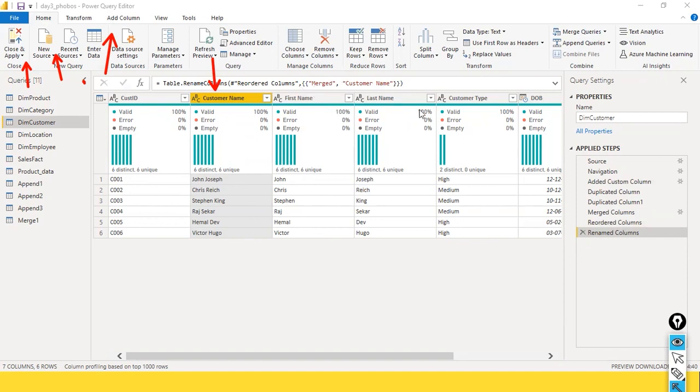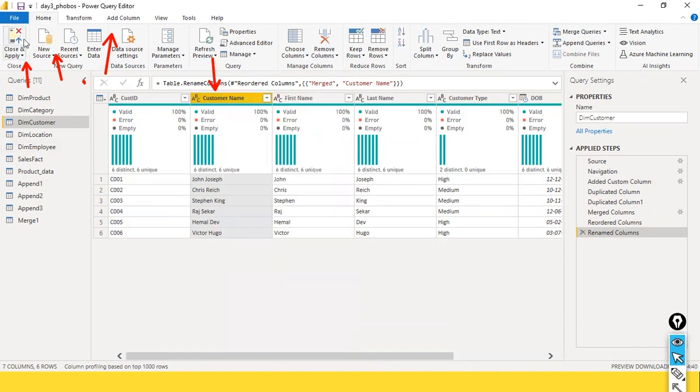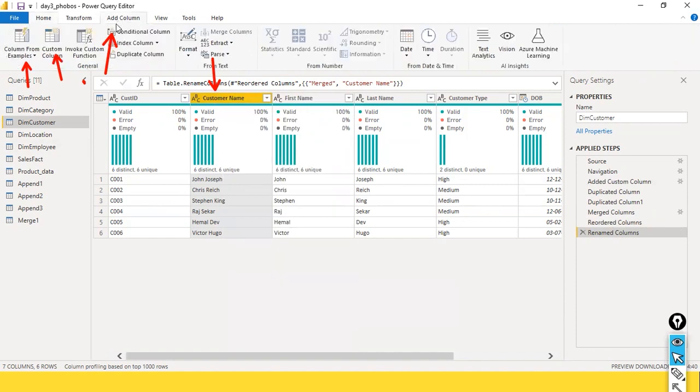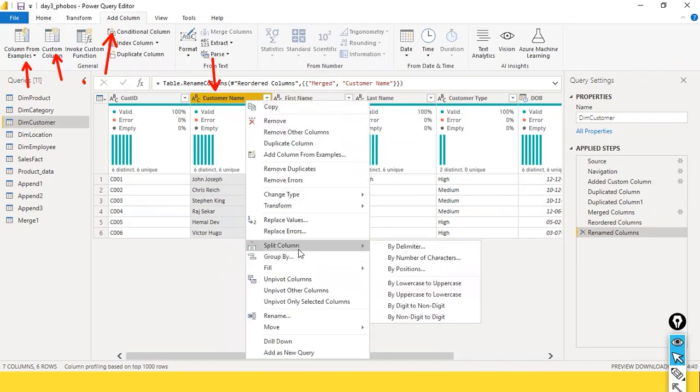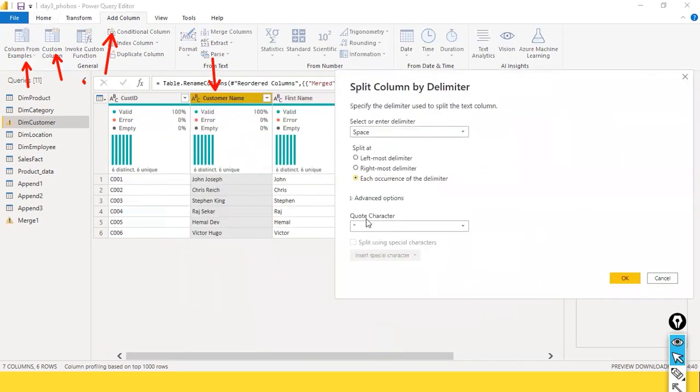So besides merging the column, we have something else called the split option. For that, you just right click on it. The split column option is also available, using which you can split it. In this case it's pretty simple. If you need to split based on this space, look here: split column by delimiter, by number of characters, something like that. By delimiter, when I click on it,